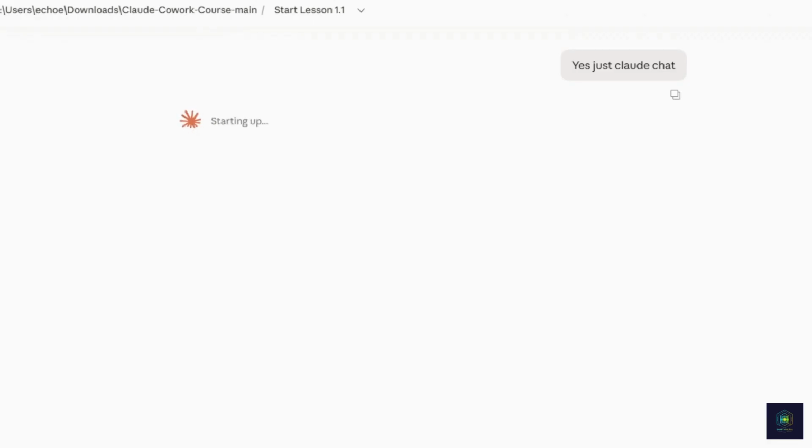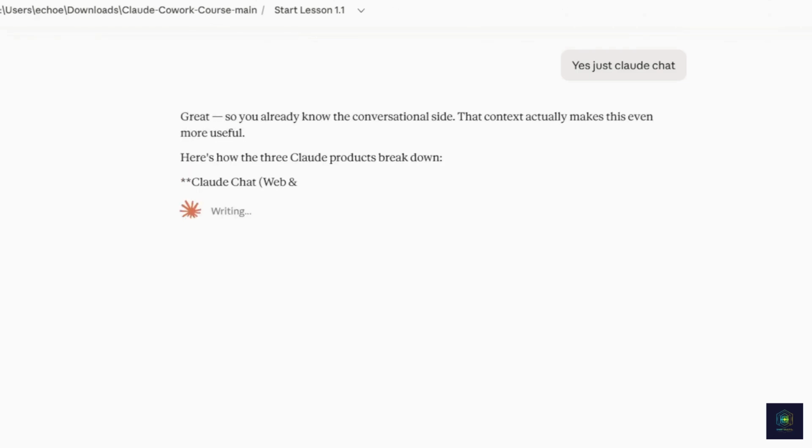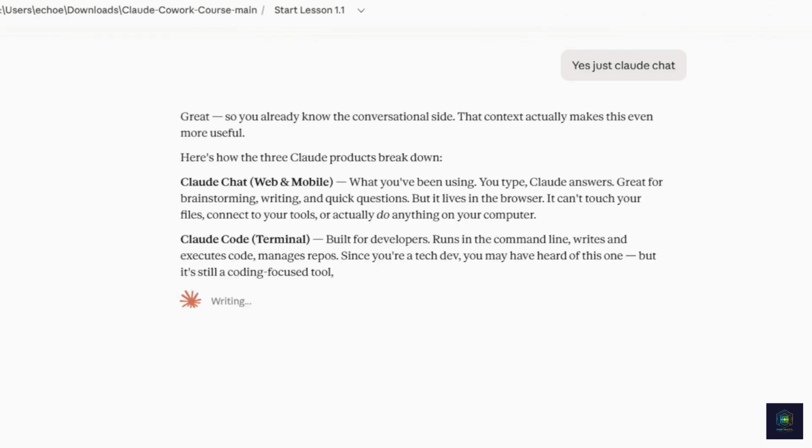Claude Chat, which is a conversational AI. Claude Code, for coding workflows. And Claude Cowork is built for knowledge work. That's where we're at here. It's designed for analyzing files, creating docs, researching, building real deliverables, and it works with your entire file system.